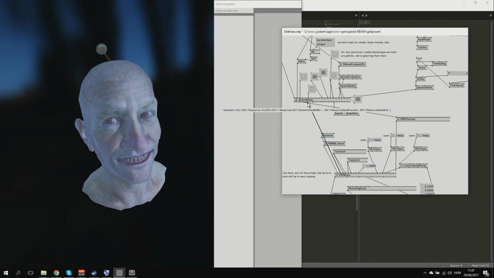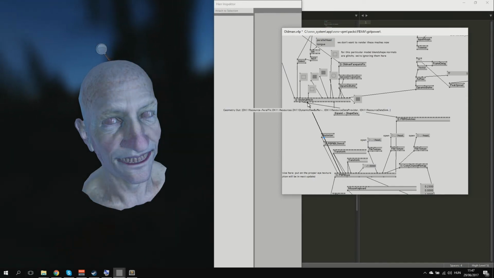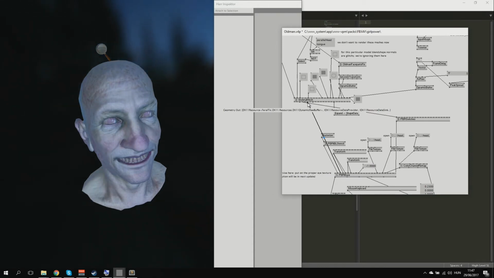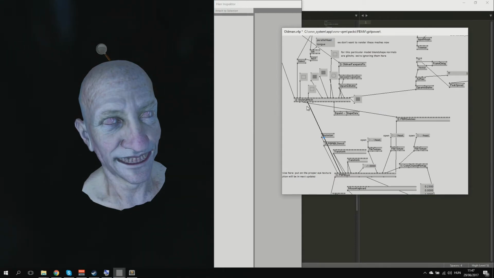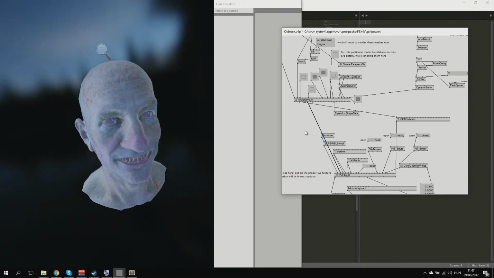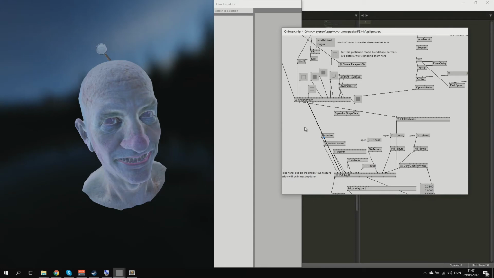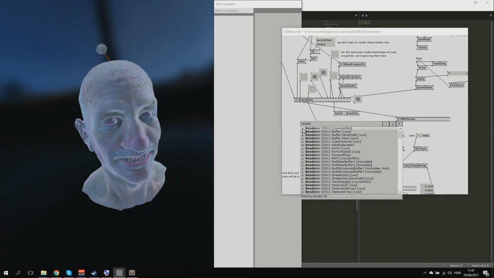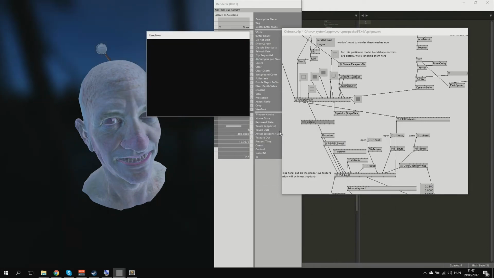But there's a little bit of misunderstanding throughout the community. A couple of people think that the geometry which is coming out of this is not compatible with any sorts of shaders. It is compatible with any sorts of shaders. And just to demonstrate that,